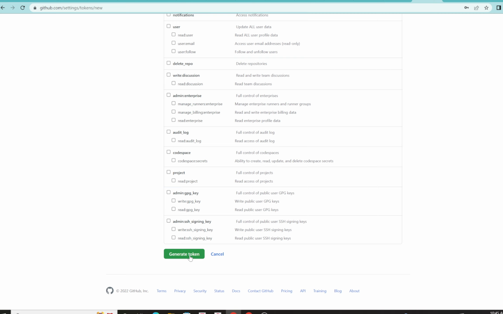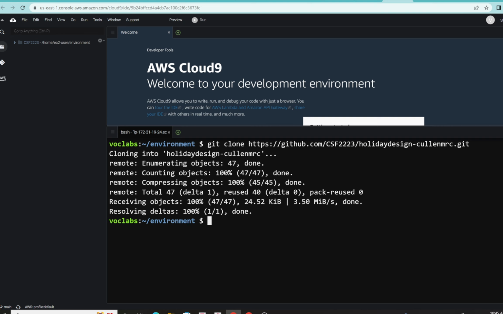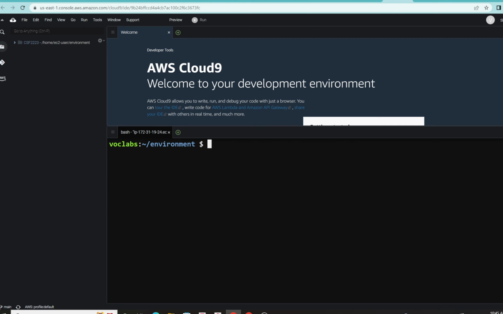Once you have that, that's what you want to copy in for your password. So that will copy everything down. But again, from what you can see on my screen, if you're matching me, it has established that connection between your GitHub account and your Cloud9 environment. So this was not necessary here. So let me type in clear to clear my terminal,